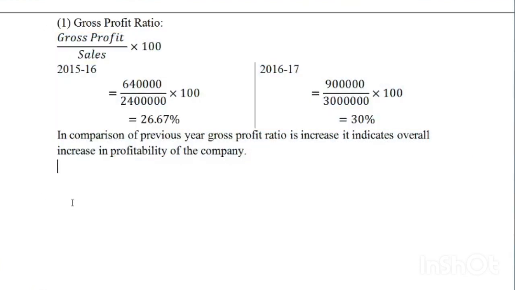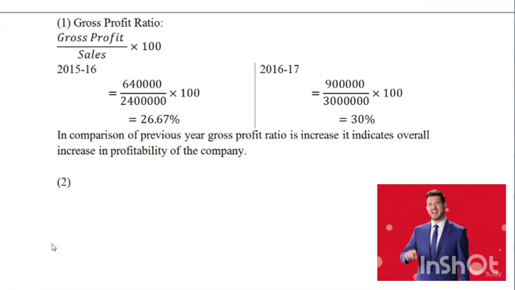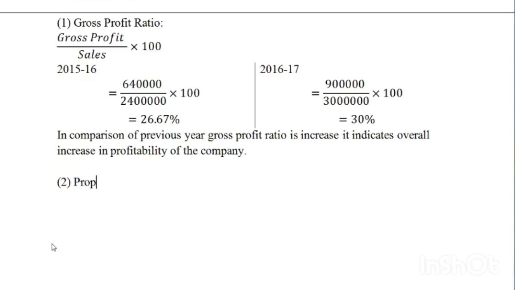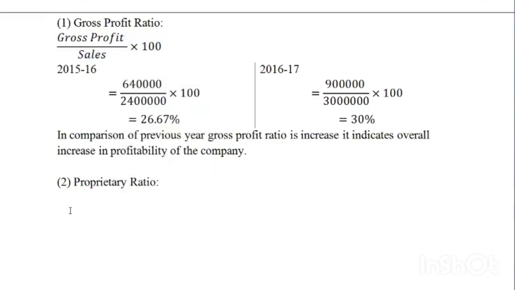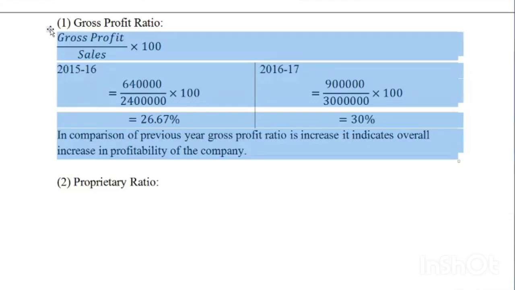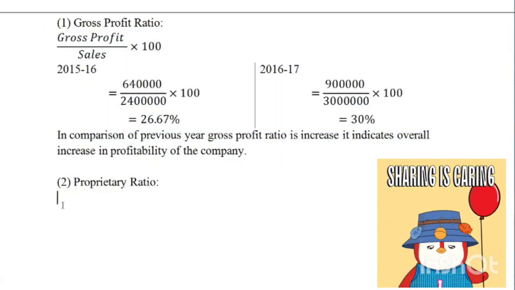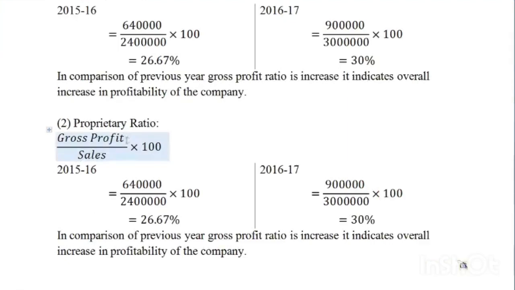Second ratio is proprietary ratio. Proprietary ratio means ownership ratio. The formula of ownership ratio is, I just first put the formula and then we go for the calculation of it. Proprietary ratio, basic formula is